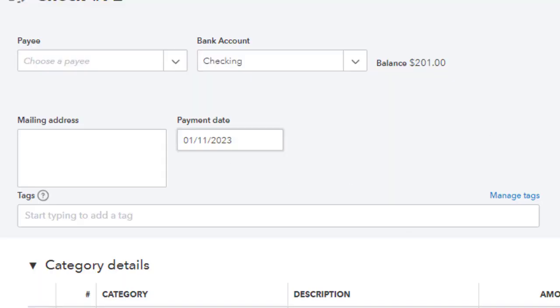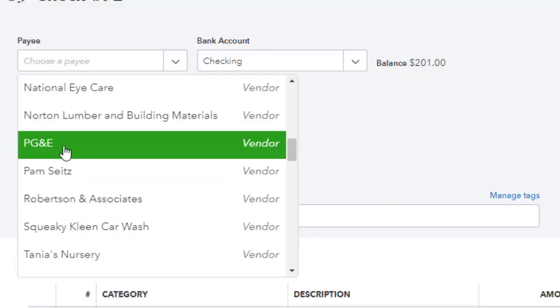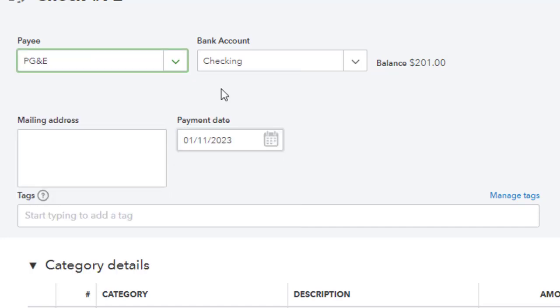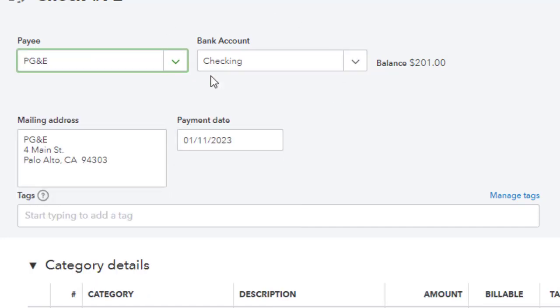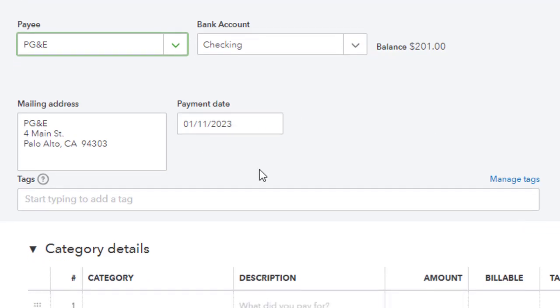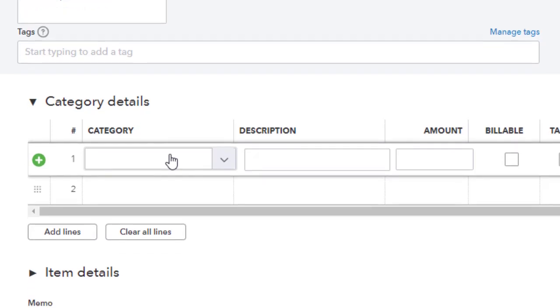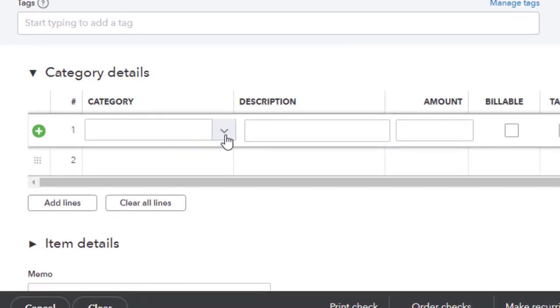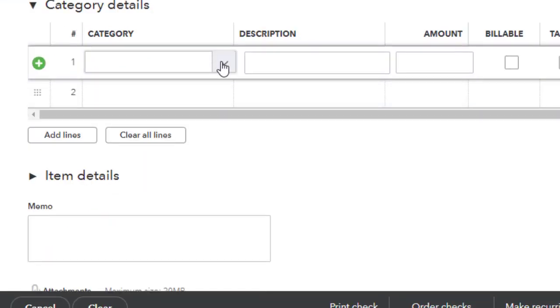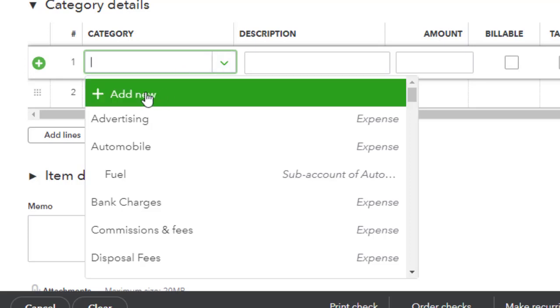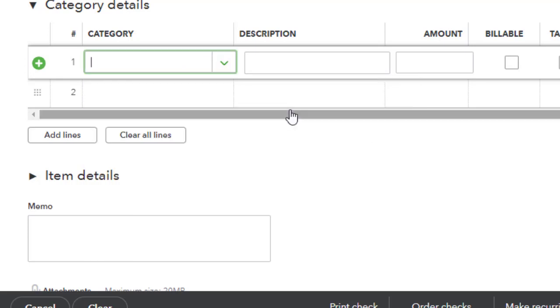This works either way. So I'm going to just choose a payment that's already there, and again, we're using the checking bank account, check number, date. Make sure you use the right date. But what we need to do is add machinery here because it's not already in the categories that are available. So we're going to select Add New,